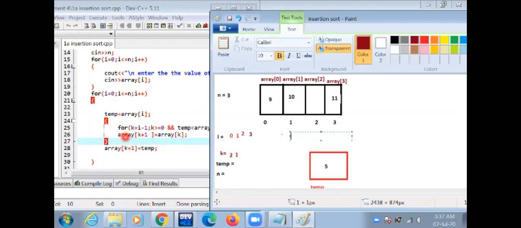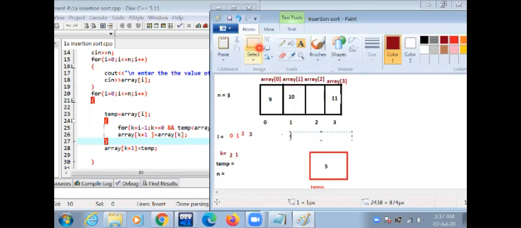Then execute this part: array[k plus 1] means the value of k is 1, so array[2]. Array[2] points to the blank block, and array[k], meaning 1, this one block points to the value 10. Then 10 is inserted here. After that the loop executes again, the value of k is 0